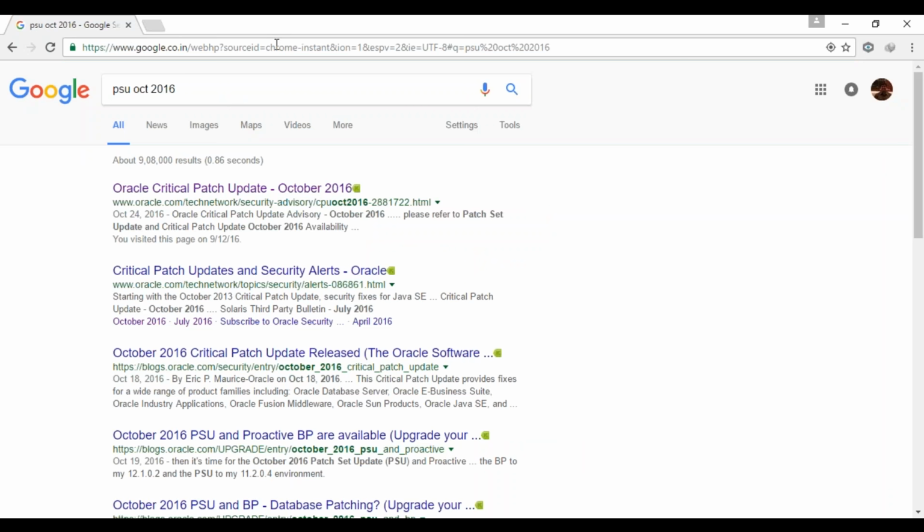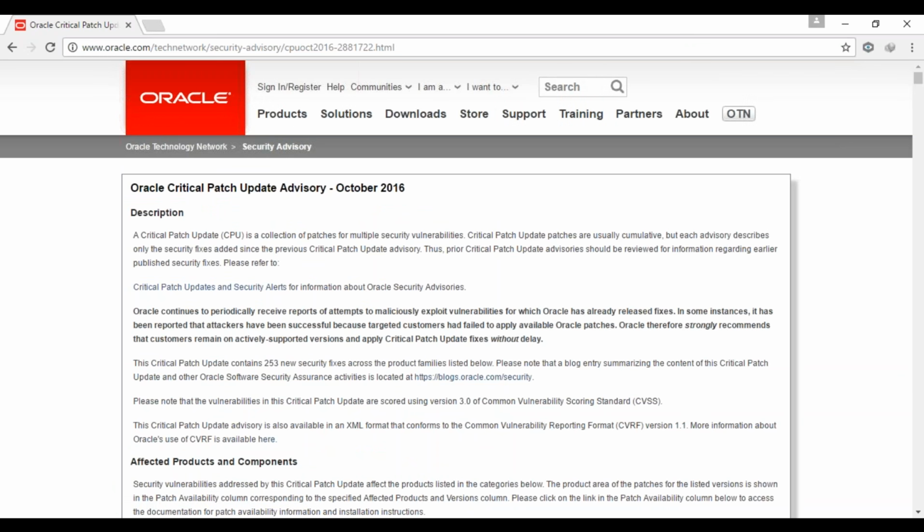As you know, PSUs are released by Oracle support every quarter. So in January, April, July and October we'll be getting these patches for the database. Once you type this PSU, for example I have taken October 2016, which is the latest PSU, you will get a link like this which takes you to the Oracle website and a particular document